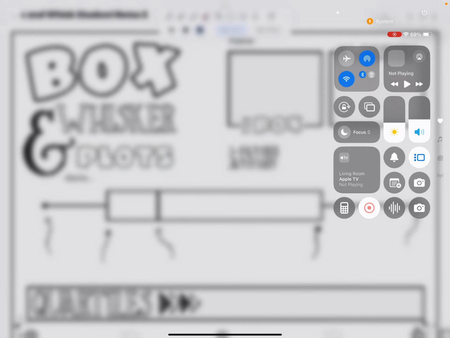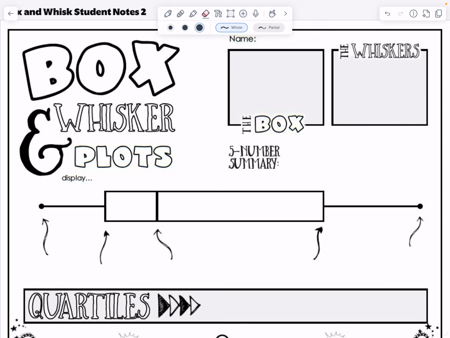Okay, so as I said before we went away for break, we are going to look now at box and whisker plots. Box and whisker plots are essentially a way to visually represent a 5-number summary. So the box and whisker plots will display the median and spread of a data set. So within this, the box represents the middle half